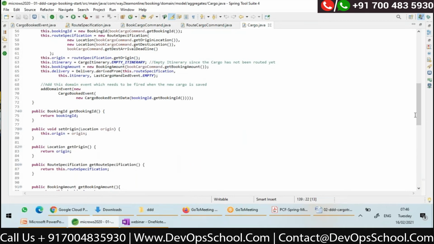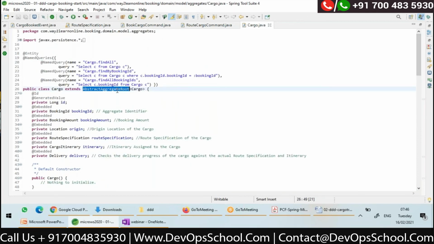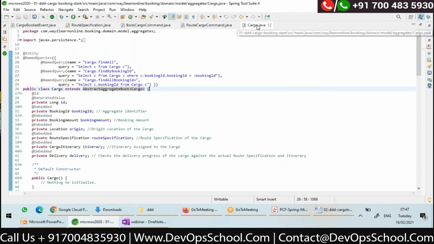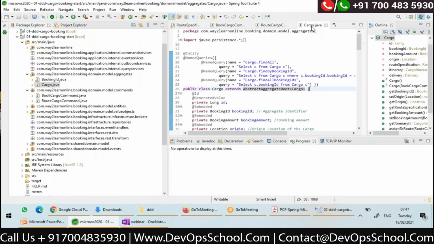That will register, and whenever we register an event from this abstract aggregate root, we can write transactional listeners, where whenever a transaction is committed, the event object also will be passed, and there I can write logic to publish to my RabbitMQ also, right?